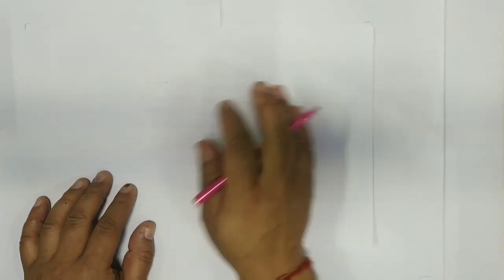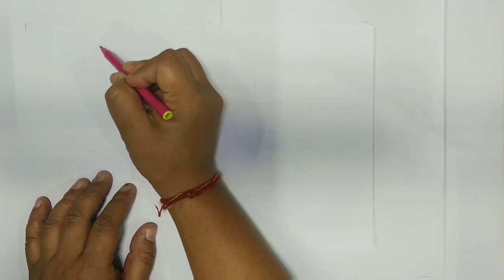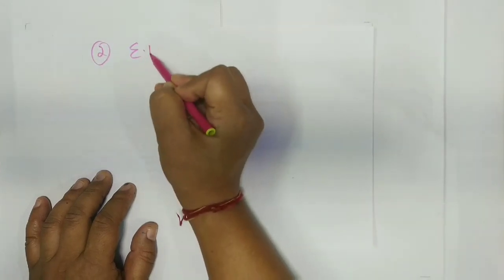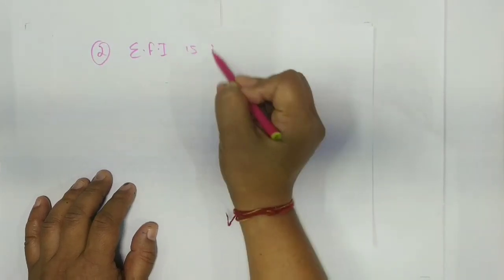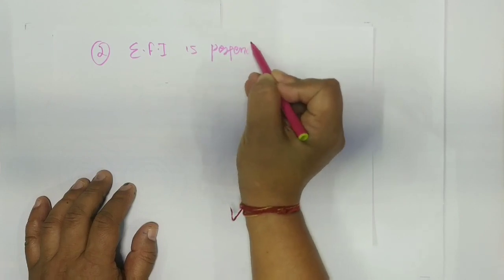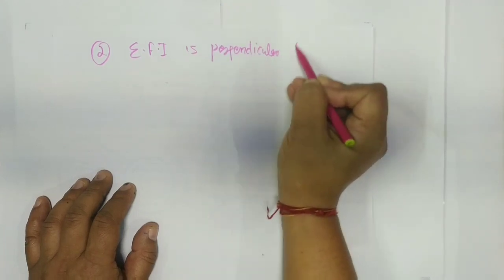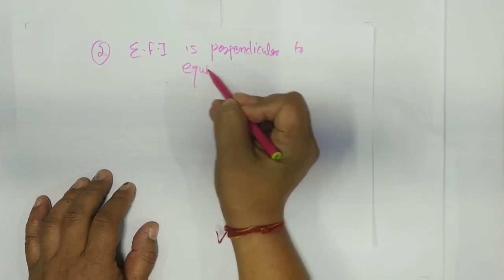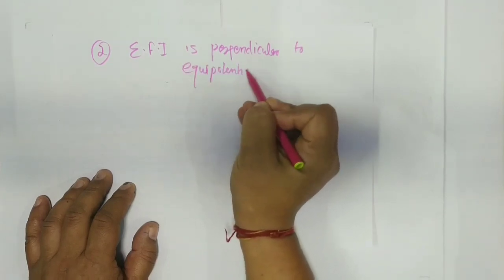Now, can we prove that electric field lines are perpendicular? Yes, electric field intensity is perpendicular to the equipotential surface. Perpendicular to the equipotential surface. Yes. How? We see here that